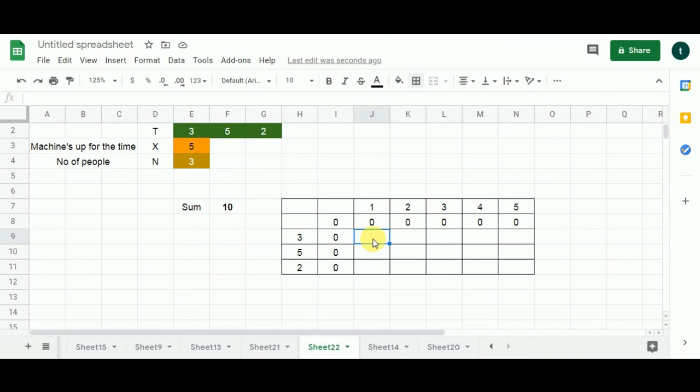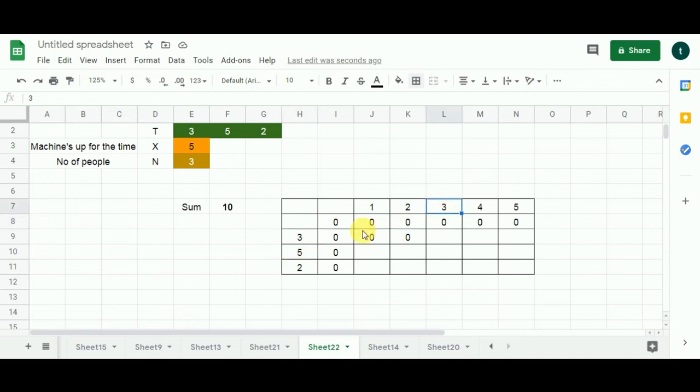So we are going to start from here. This is going to be 0, because 1 is less than 3. Here it is going to be 0 because 2 is less than 3. Now over here 3 is equal to 3, so we go one cell up, and then we subtract this 3 from this 3.